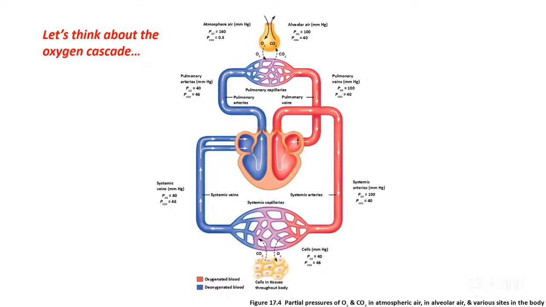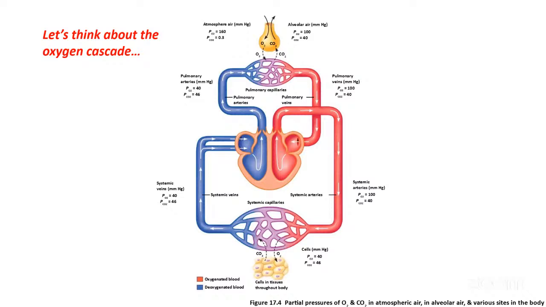So equilibrium, we're thinking equal. So whatever that partial pressure of oxygen is in the alveolus, our partial pressure in the capillaries passing by is going to come to equal that same number. We happen to know that's 100 for oxygen when we're thinking about our lungs. Same thing is happening with carbon dioxide. So we can trace these partial pressures, which are essentially measures of the oxygen and carbon dioxide content of the blood